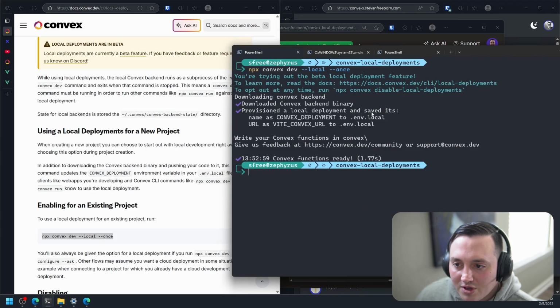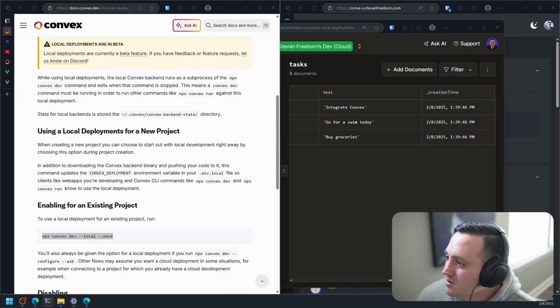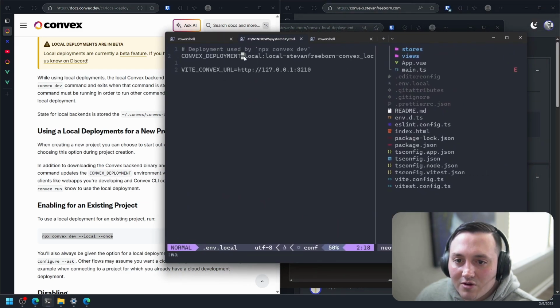Provisioned a local deployment and saved it to convex deployment.env.local. So that env file is the configuration of how your app talks to it. Hold on, I don't want to open that on screen because I don't know what's in there. But those environment variables get set, and that's how it knows what to talk to. Okay, there's nothing sensitive in here. So you can see this is my local deployment.